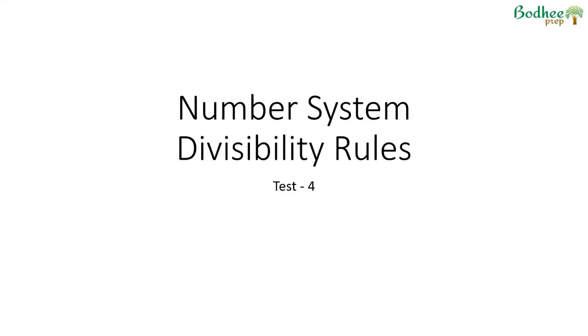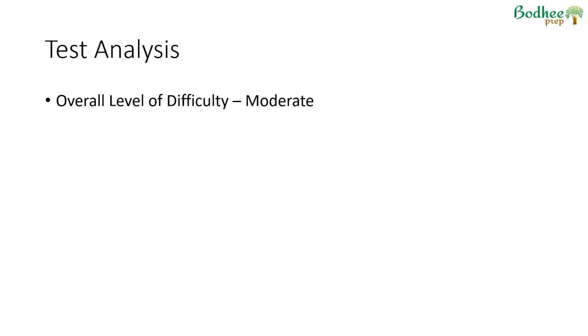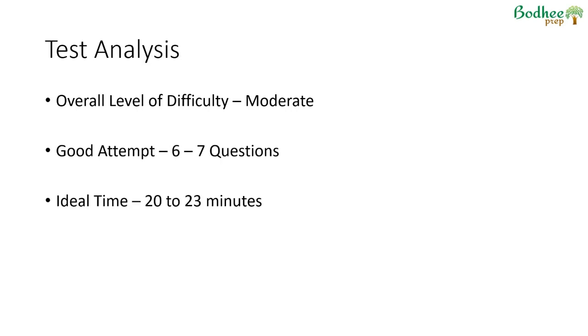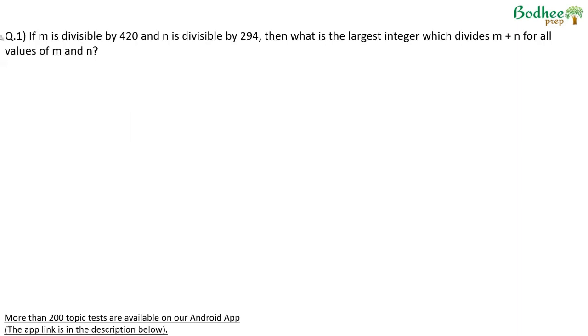This video is about the divisibility rules topic, and this is test number 4 in the app. Overall, the test was a moderate level of difficulty, and about 6 to 7 questions would be a good attempt. That is 95 percentile plus. The ideal time, because a couple of questions had cases formed, the attempt time should go up to somewhere around 20 to 23 minutes. Looking at the individual questions,